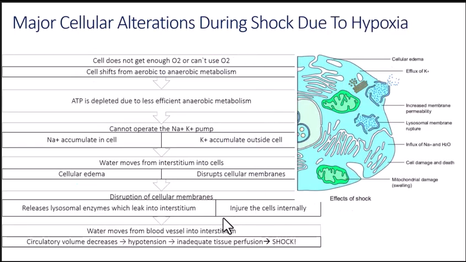So this summarizes a bit of what I already spoke about, showing you just the right side of that cell that is affected by shock. Let's say somebody is experiencing hypoxia and the cells in their body are not getting enough oxygen. We know that when cells receive oxygen and glucose, they're going to make the most ATP, thinking back to the different forms of cell metabolism, where you would have learned